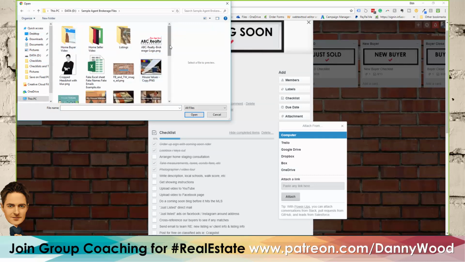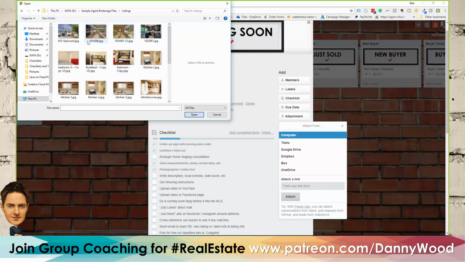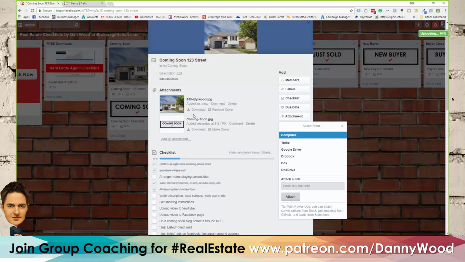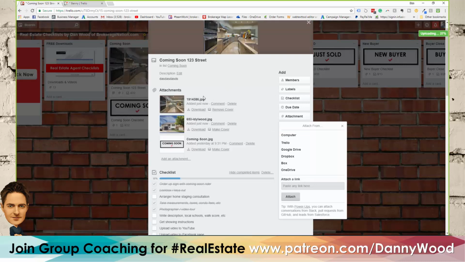Okay, let's say we got a new listing, for example, so we have to load a bunch of the photos. So I'll select a couple of the photos. And it is uploading those. So you can see there's a section right here in the middle that says attachments. And they're timestamped as well. So as you have your contracts and paperwork, you could upload everything here in one folder, and now you got